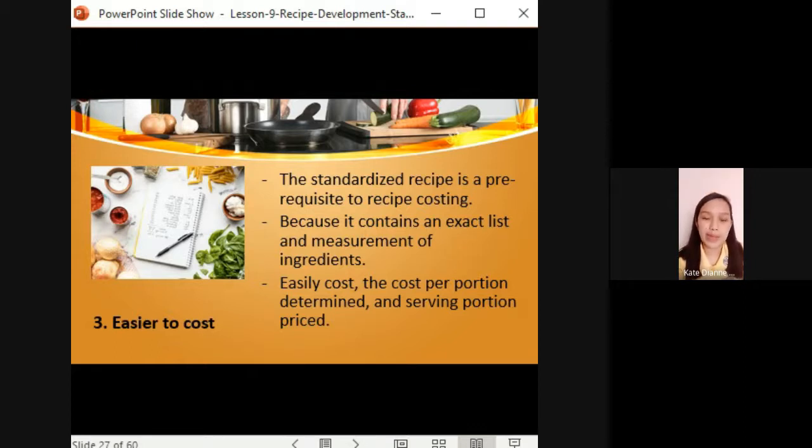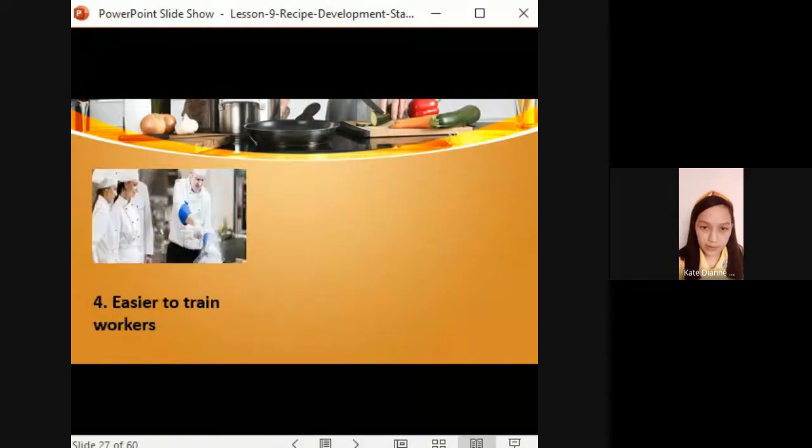Ayan. So, mas mapapadali tayo pag standardize ang ating recipe. Kasi pagka pabago-bago yung recipe or walang standard na recipe na sinusunod, nag-iiba siya, di ba? Minsan napapasobra yung bili natin ng isang ingredient, minsan naman napapakulang, di ba? So, this is one of the best advantages or benefits of a standardized recipe. Easier to cost. Number 4,